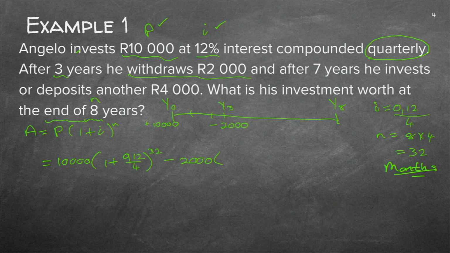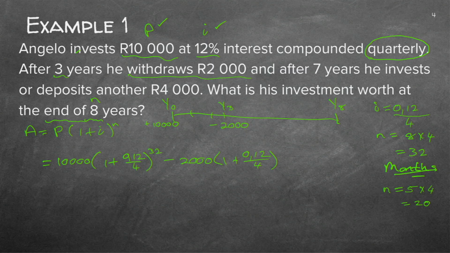How much it's going to give me, or how much interest I'm now taking away, or how much capital I'm now taking away with interest. So I'm just going to do it all in one. So it's 1 plus, my interest is still 0.12 over 4. But now you must be very careful, because now it's on year 3, and you have to go up to year 8. So how many years is this 2,000 going to have up to the year 8? 5 years. So for that one, n is 5 times 4. Why times 4? Because remember, we are working quarterly.